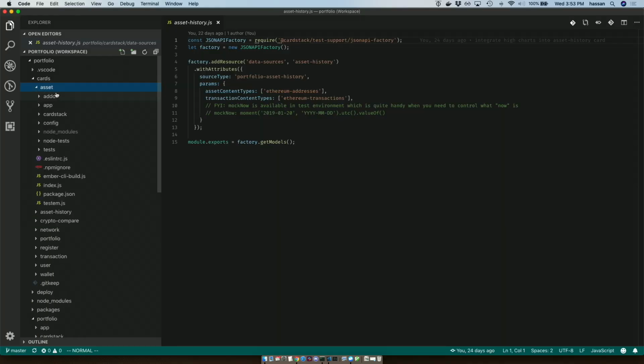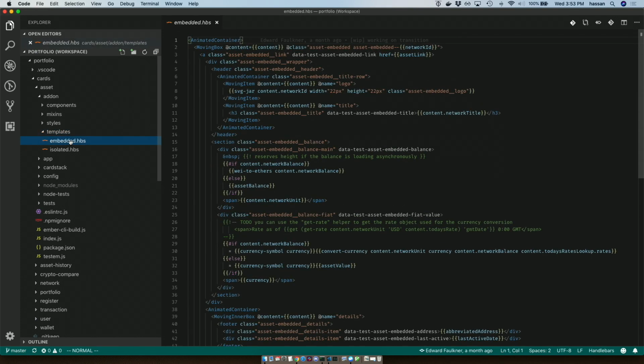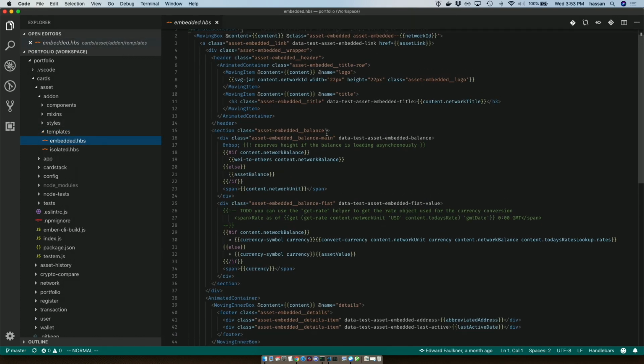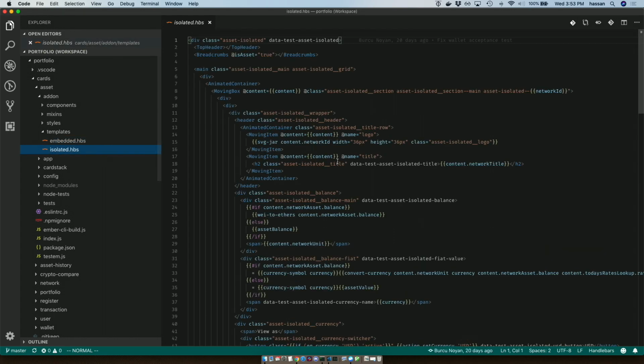If we go a little bit deeper into the specific cards themselves, let's take a look at the asset card. This is one of the more complex cards, but you'll probably remember the asset card had both the isolated view, which was the full screen view, and the embedded view. So we have templates for those particular cases. This is our template for the embedded view of the asset, and we also have a template for the isolated view of the asset. You may have recalled when I switch between the